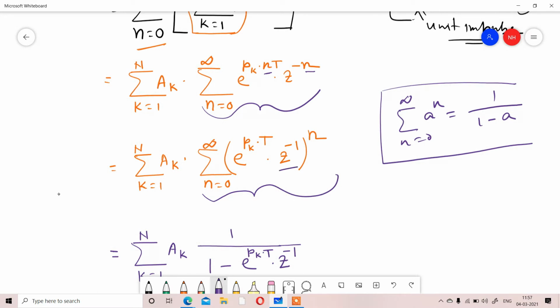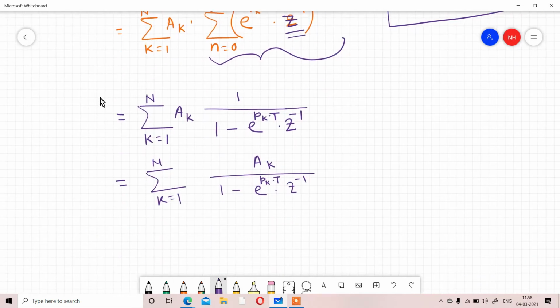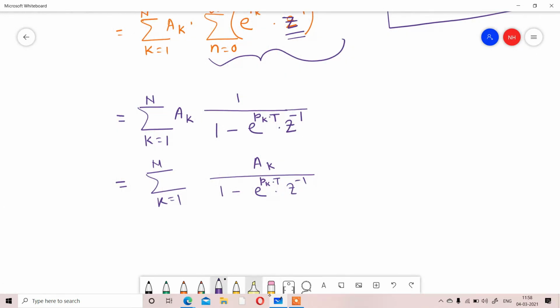That is Z. Okay. So that is the expression you are getting. So that is your H(z). So in that way, from H(s) to H(z) you will get the H(s) value that you have.